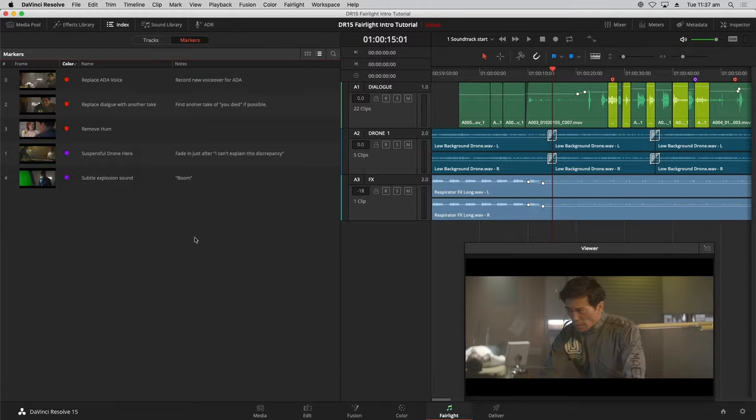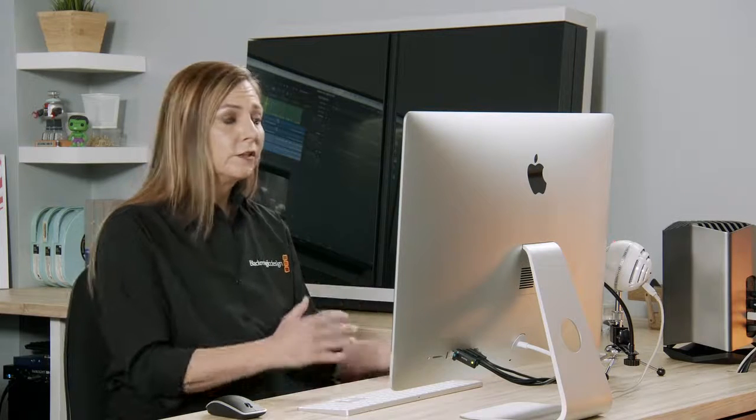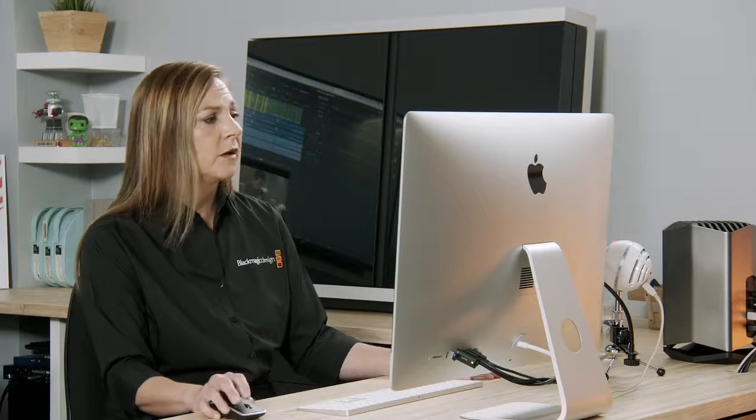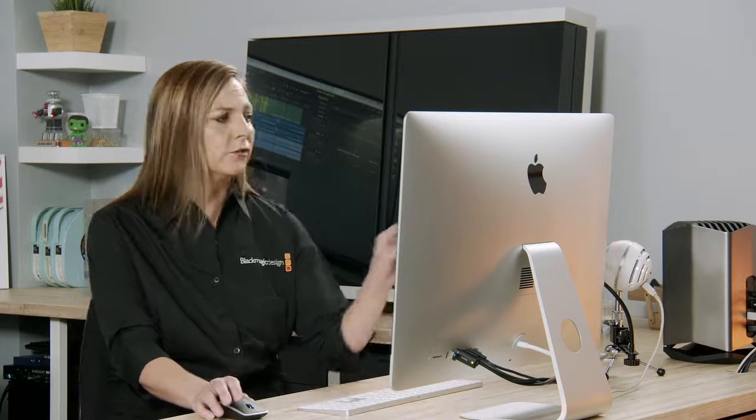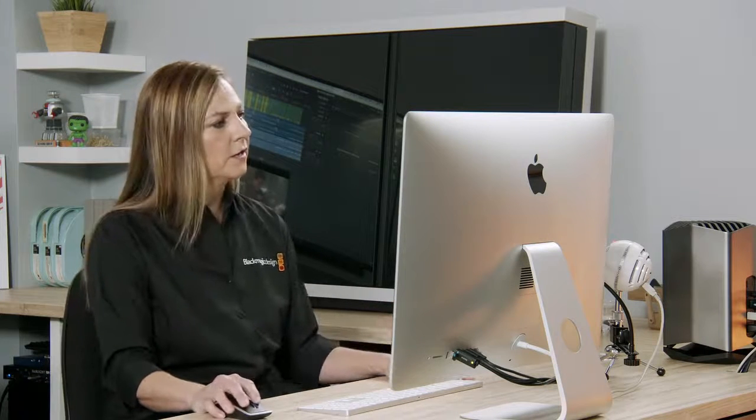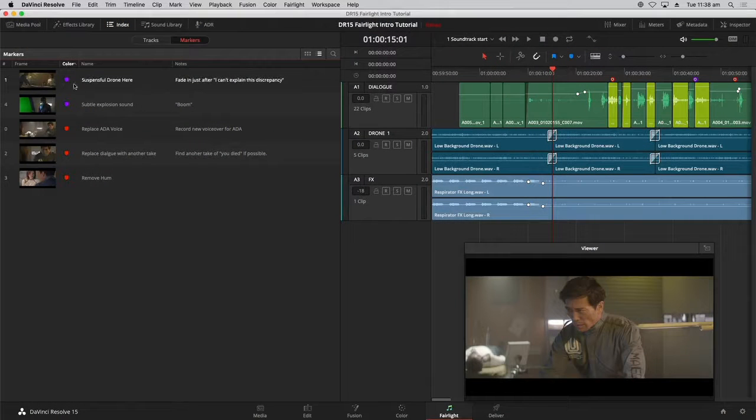There you go. This is a nice way where the editorial department can leave notes, or you can sit down and set notes within the timeline and pass information back and forth, and we can keep it just like a spotting list right here in our timeline to look at. I'm going to sort by my colors here, and I notice the purple markers have to do with sound design, and then we have these red markers here,